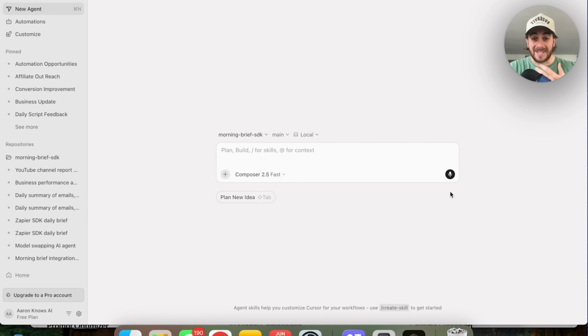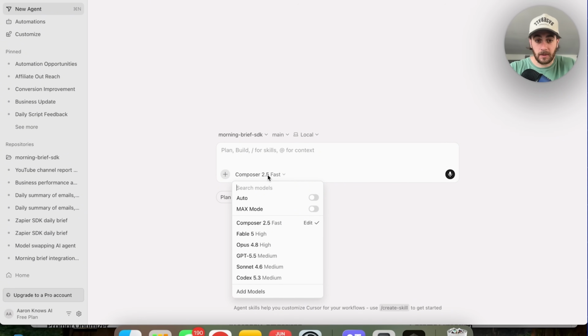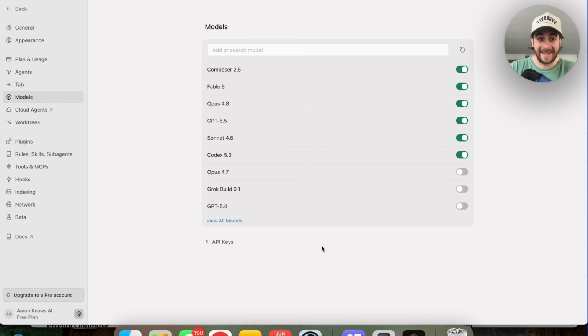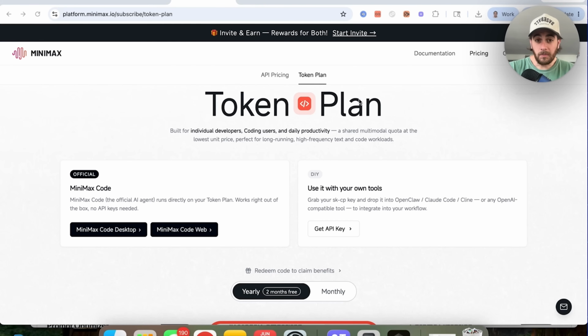Now, let's say that you didn't want to operate inside a MiniMax agent and instead you like operating on Cursor. Adding this model in Cursor is incredibly easy. You're literally just going to come over here into models. You're going to click on add model right here. You'll be able to come over here inside of the token plan. We could grab our API key right here and we could have this up and running inside of anything that